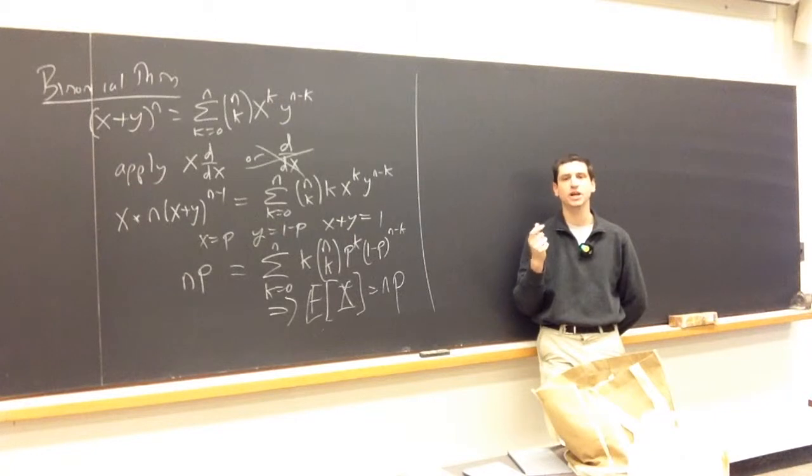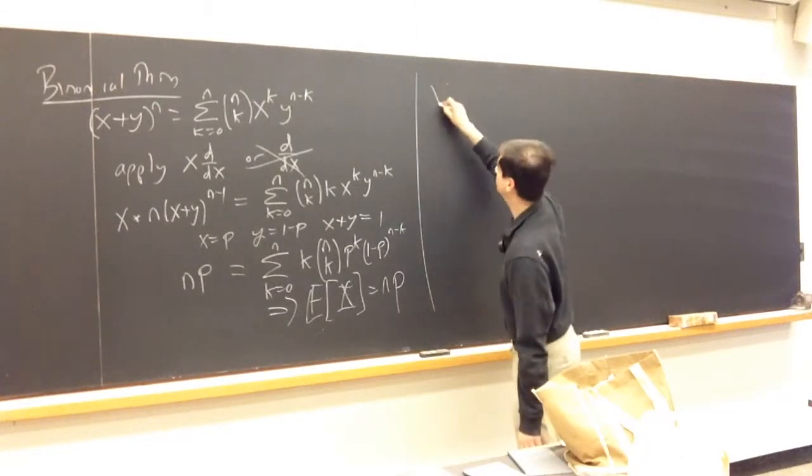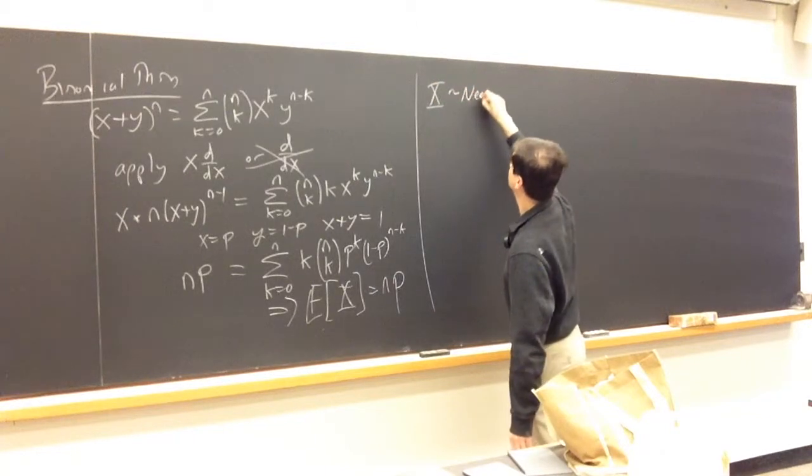This can be very annoying. Are you talking about what happens on the nth trial, or are you talking about how long it takes for a certain thing to happen? So for the negative binomial, X is negative binomial